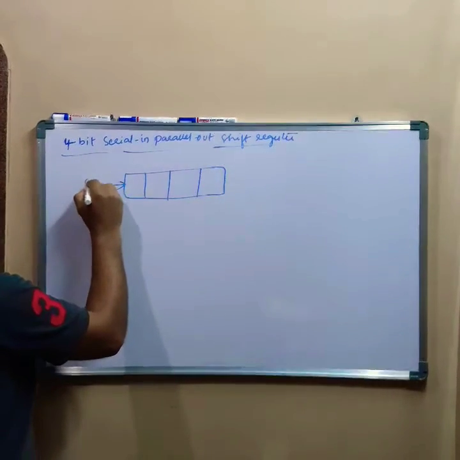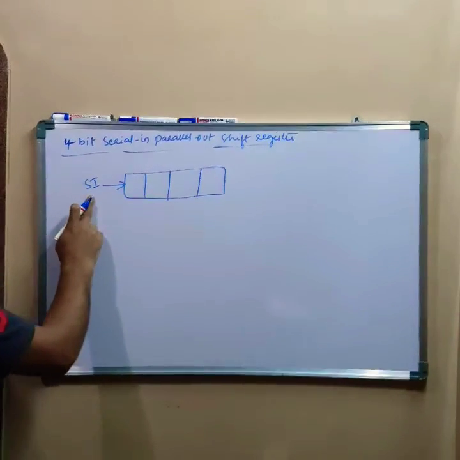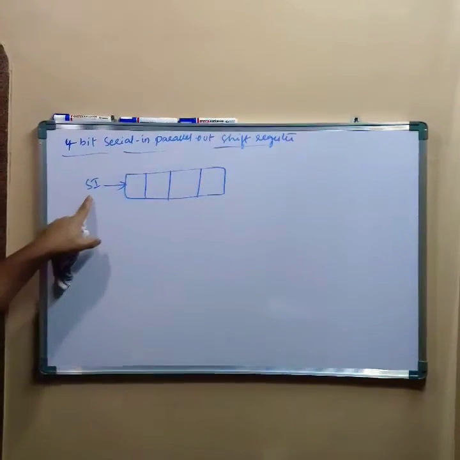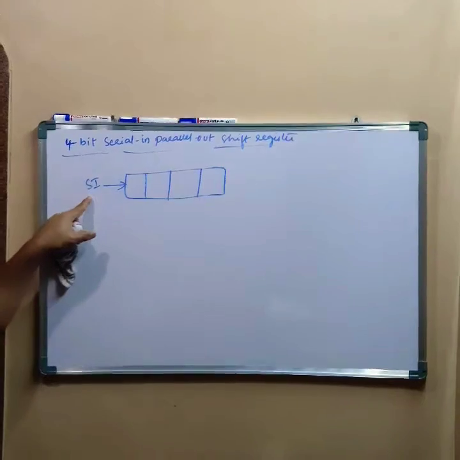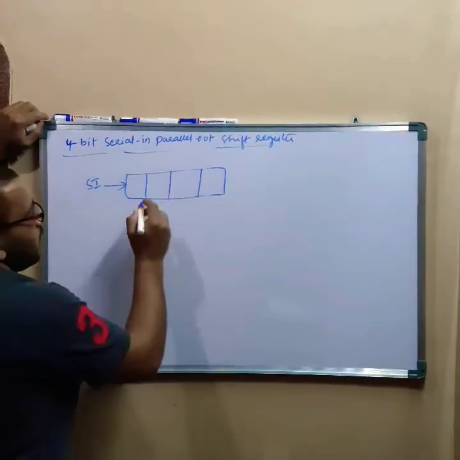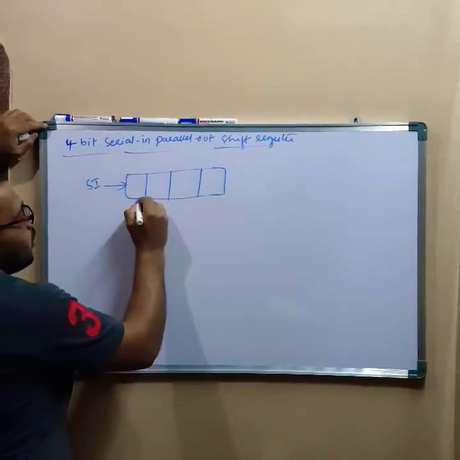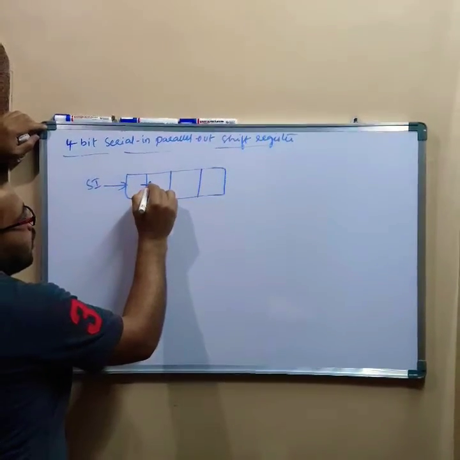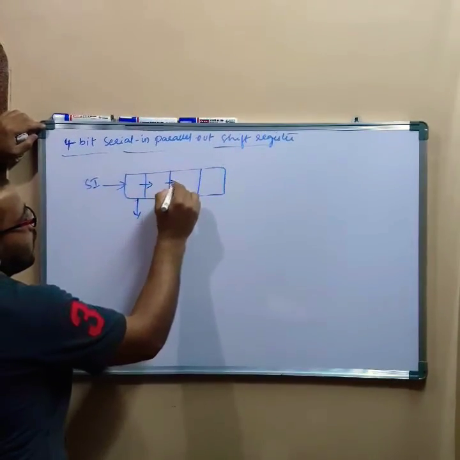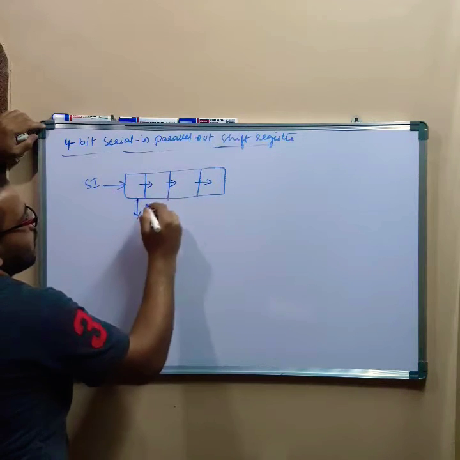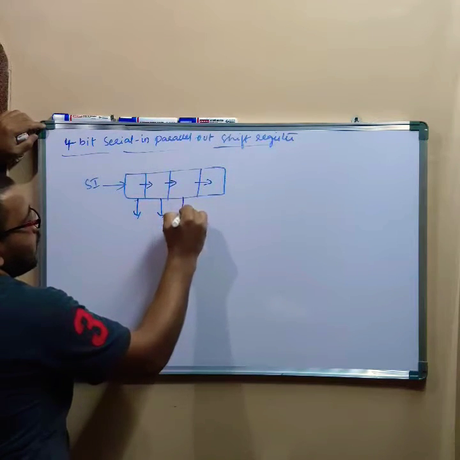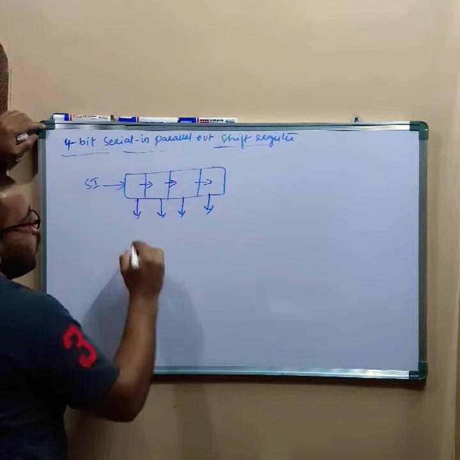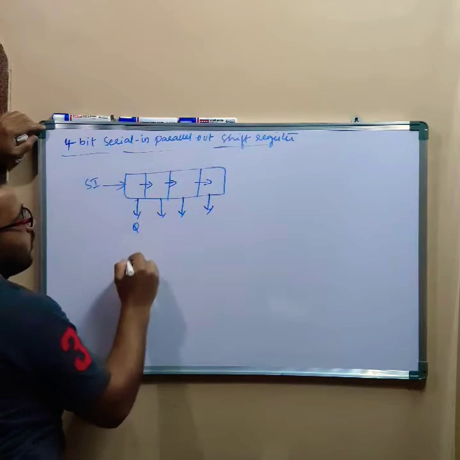Serial input, whatever the input you want to apply, here you have the terminal. Next, serial input, all the 4 bits are loaded and they are taken in parallel form. All the outputs are taken in parallel form, that is